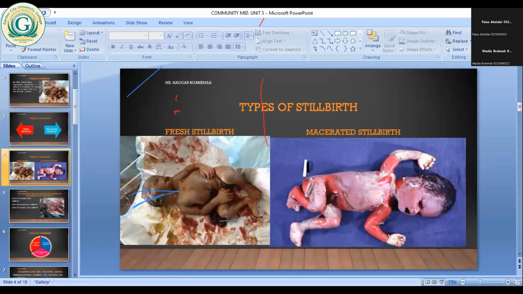I don't know, 8. Who said 9? It's 8 though. What is the diameter for the bitemporal? So you see, that is why I'm asking you, because you have gotten it right. You said crowning is whereby the biparietal diameter has distended the perineum, and that is the largest diameter, and you are not giving an episiotomy. So it means you are too late,